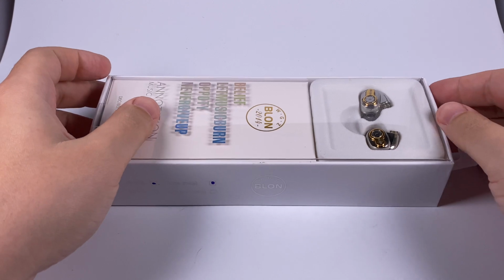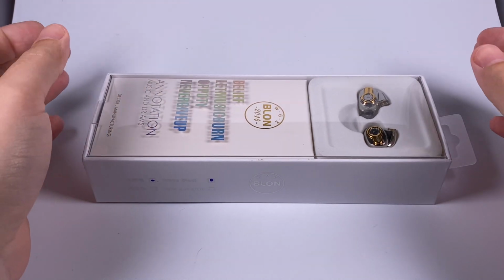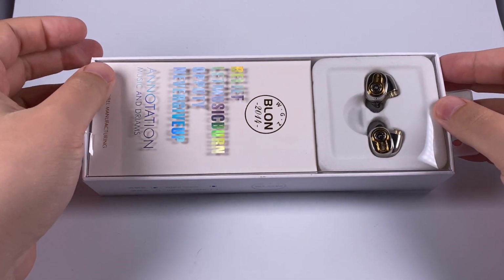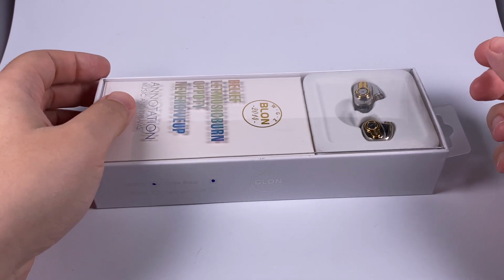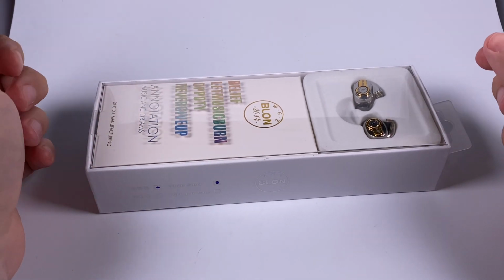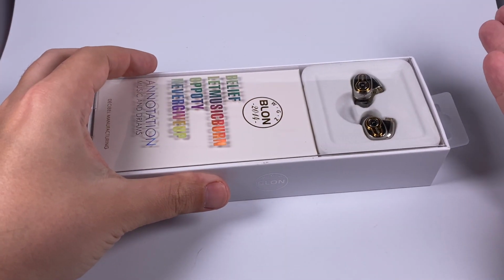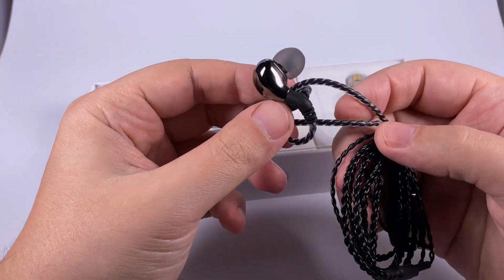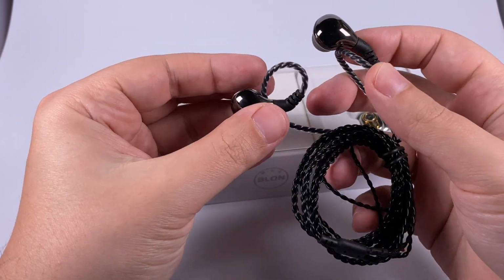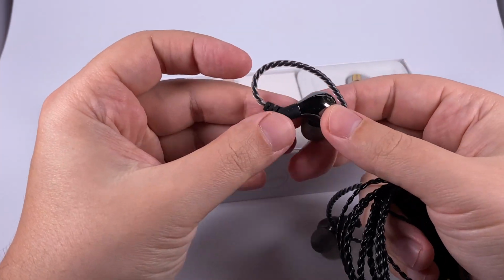Hello, and once again I managed to get an interesting model for review, so today I will show you and tell you my thoughts about the successor of the really hyped model BLON BL03, and this one is BLON BL05. I think everyone is aware of that model. So BLON 03 was really warmly welcomed by the community, and